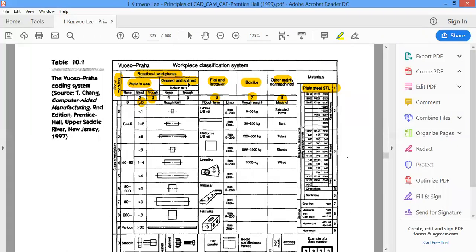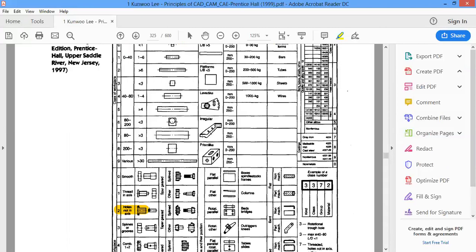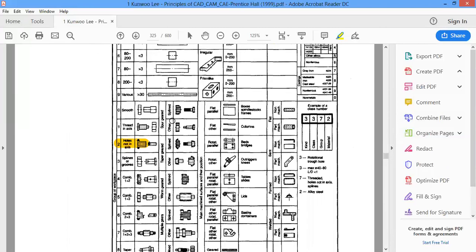And here, if it has geared or splined, whether internal or external, if it has no hole inside, then only 4. If there is a through hole, then it is going to have a 5, that is the number assigned. Similarly, there are different combinations.